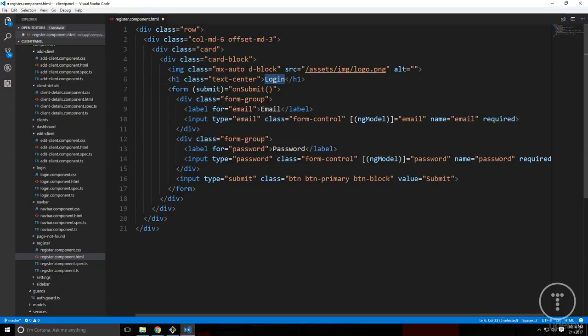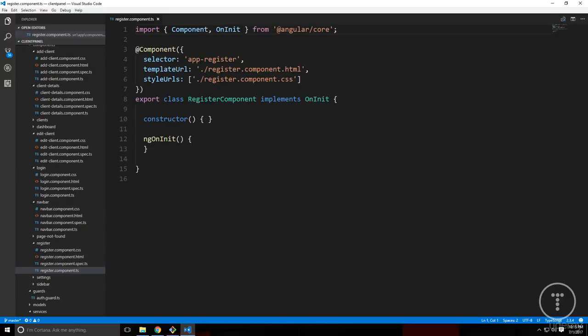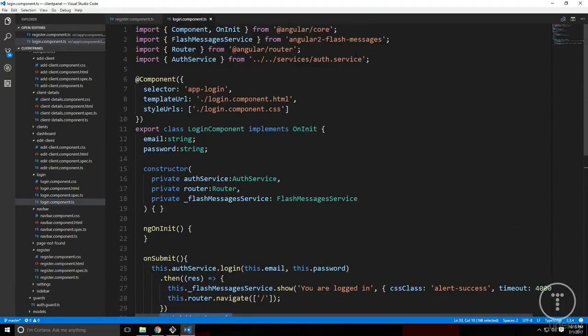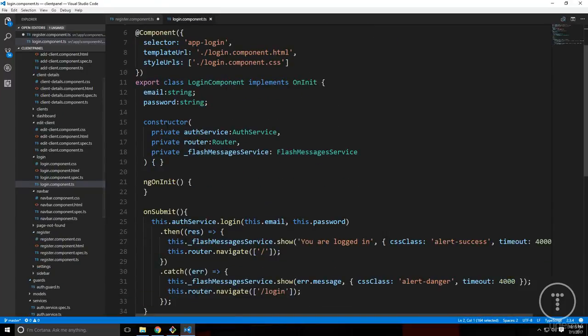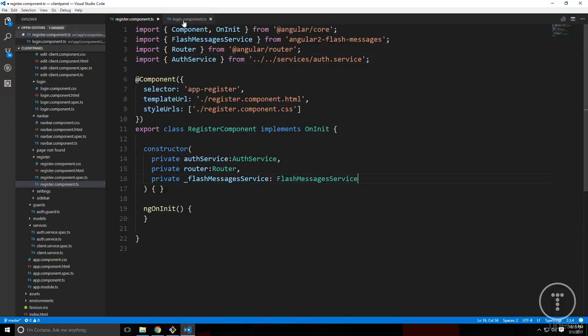Okay, only thing I'm going to change is this login. I'm going to change that to register. So we'll save that. Now let's open up register component TS. And while we're at it, let's open up login component TS. And we're going to bring pretty much the same stuff in. So we want flash messaging, router, auth service. We'll copy all that and we'll paste it right in here. We also need to inject it as a dependency, so we'll just grab this, put it in the constructor parameters,